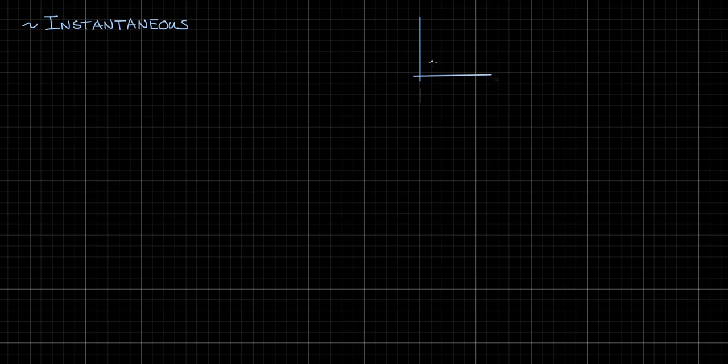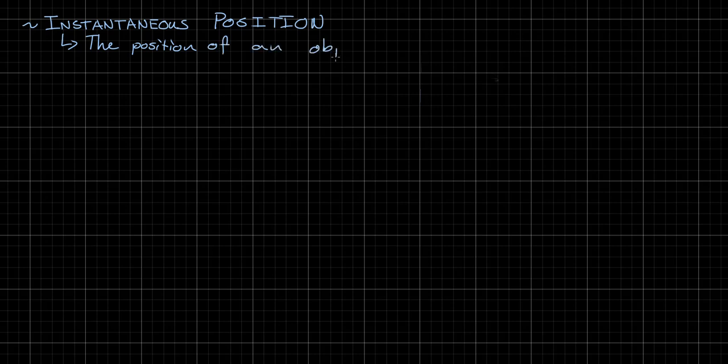And this is where the calculus kicks in, because instantaneous means at a single location in time, not a tiny increment, but a single location. So when we talk about instantaneous, we're going to see this show up over and over. We're going to talk about instantaneous position. And I don't think we have to be real crazy with it. We're just going to say the position of an object. And I'm going to throw in a wonky math word that I hope clears it up. The position of an object at a single,